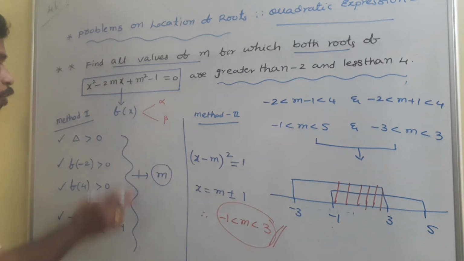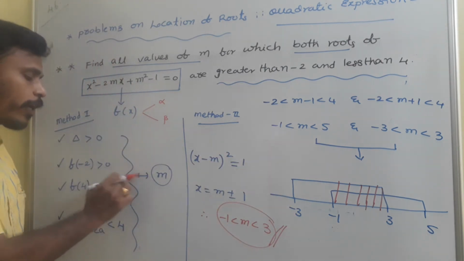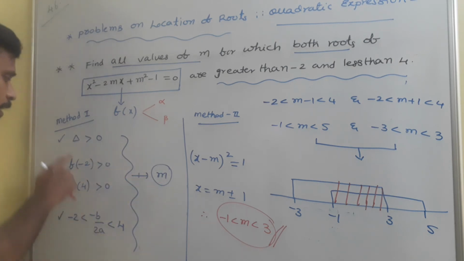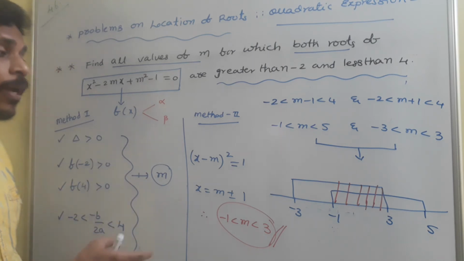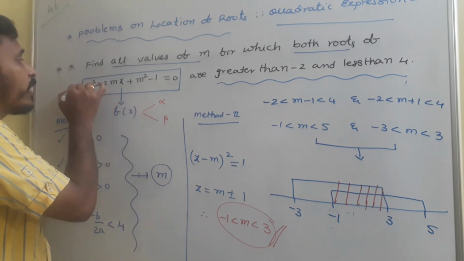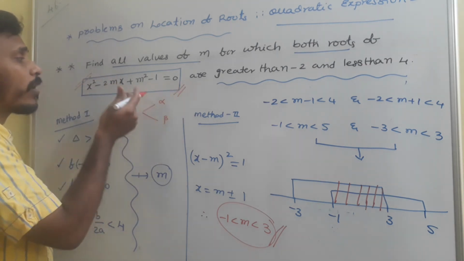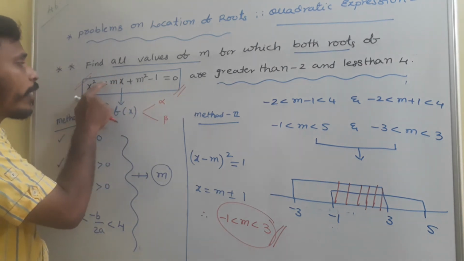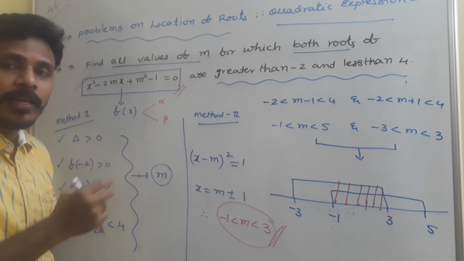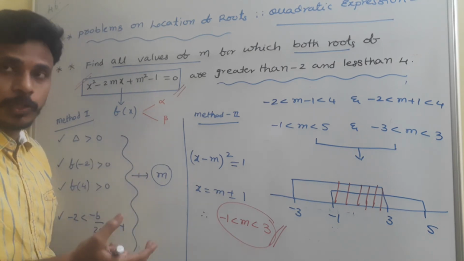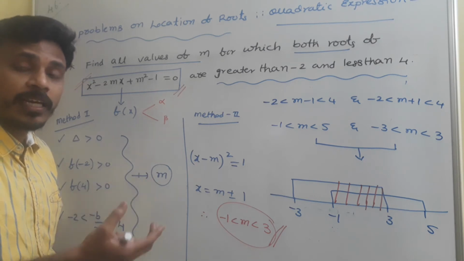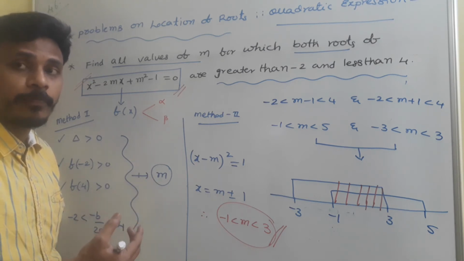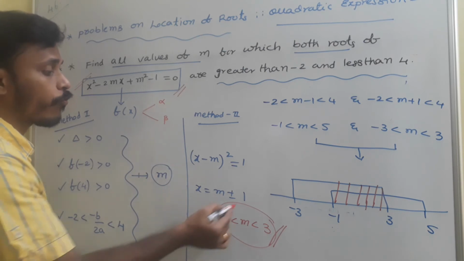See, this is method 1, okay? But if you try to solve the problem in method 1, we need to solve 4 inequations. Solving 4 inequations is somewhat complicated, and that too, the given expression is somewhat tempting, okay? Because x square minus 2mx plus m square is very clearly (x minus m) whole square. Always you don't get these types of expressions. But here the expression is very friendly, okay?